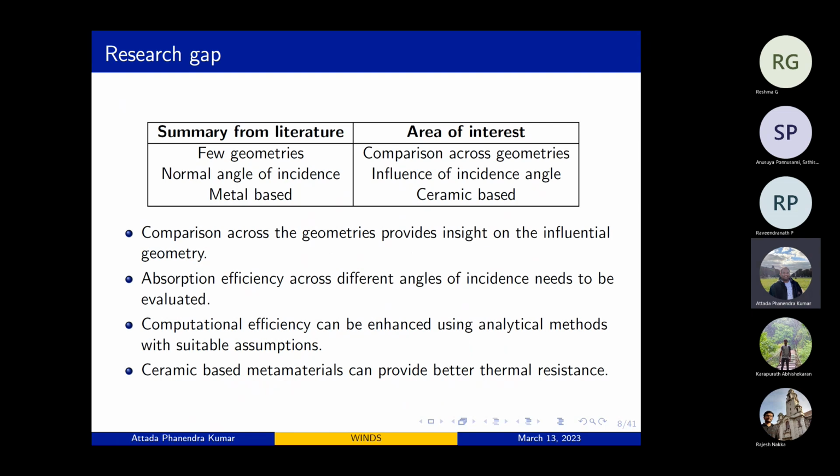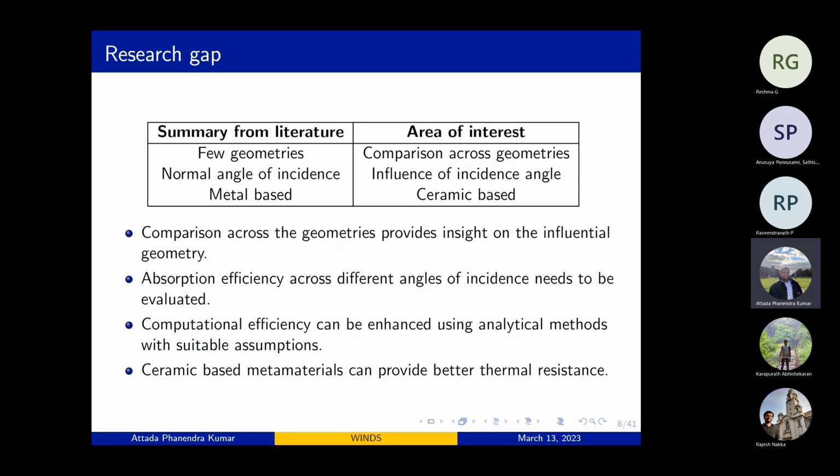I've identified that only a few auxetic geometries have been studied for their absorption capabilities, and the incident angle is also restricted to normal incidence. But in the case of radars, if we want to use it for stealth aircraft, we'll be having multiple incident angles which will be sent onto the aircraft. So we should see whether it is feasible across the incident angles that are possibly incident on the material of interest. And mostly the materials which they have studied for auxetics are metal-based ones, and we are interested in